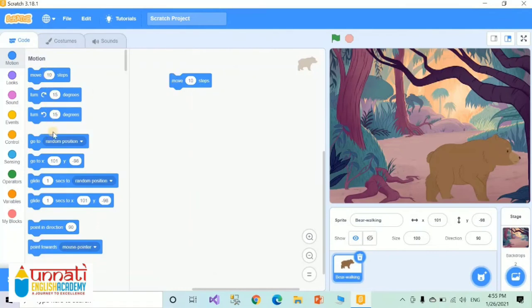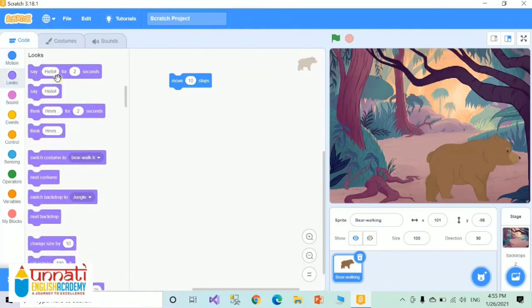Till then, practice background changing, sprite changing, and give a few commands, instructions to your sprite and look at the changes.